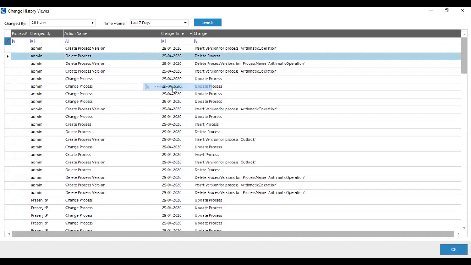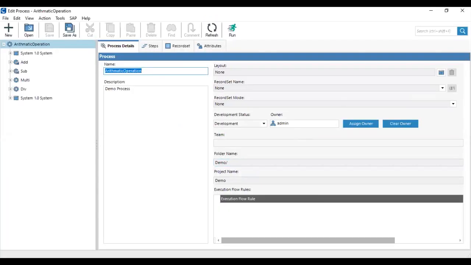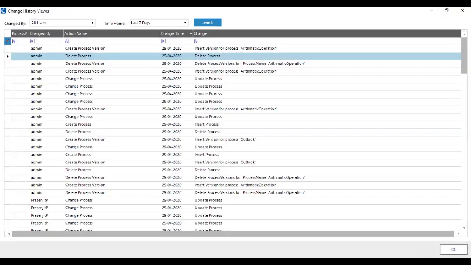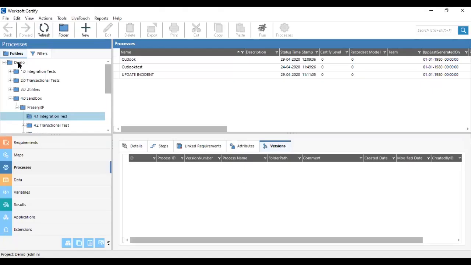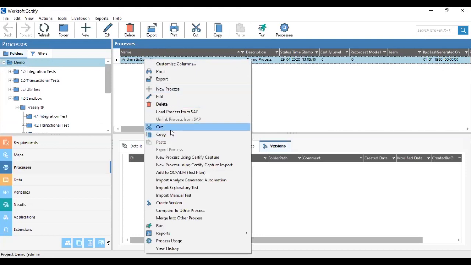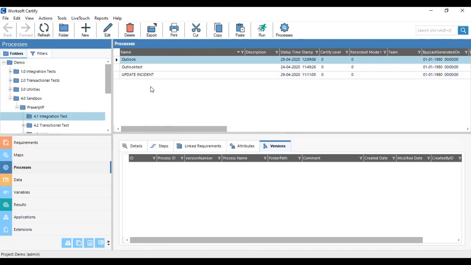Just click on restore process, and it will be restored in Certify again. But when it restores that process, it will restore it in the parent folder. You can see that it is restored in the parent folder. So if you want to see this process in a different folder, just right click, cut this process, and paste it to your required folder.